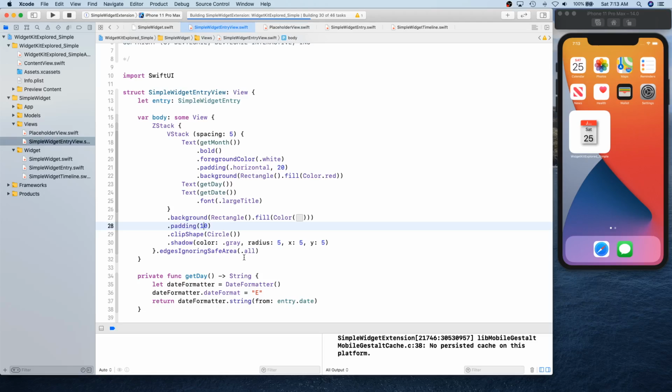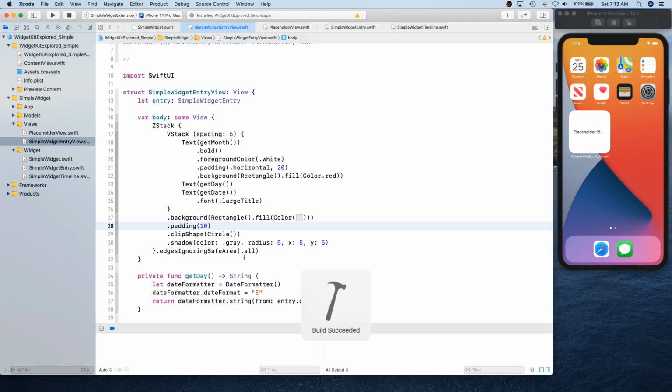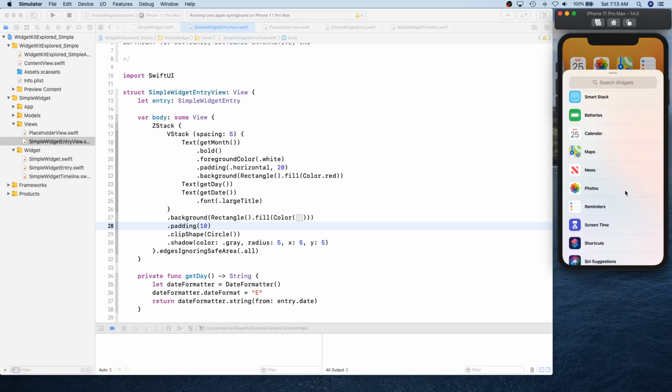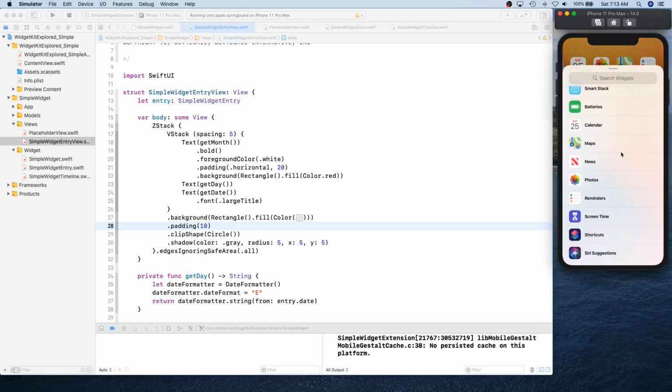We can figure it out. Let me show you what the other widget families look like. So let's load this, and I'll hold and show you all the other widget families. Okay, so our widget is not showing up. That's okay.